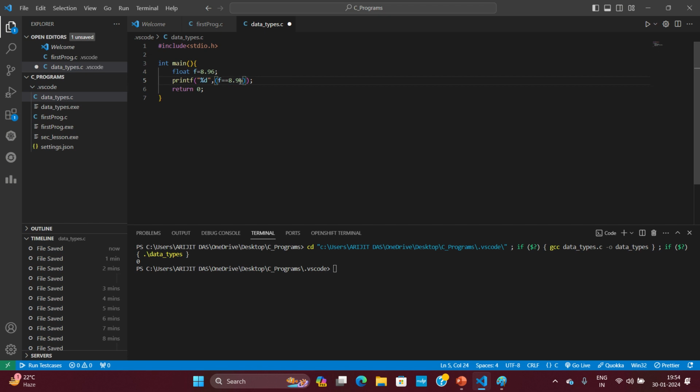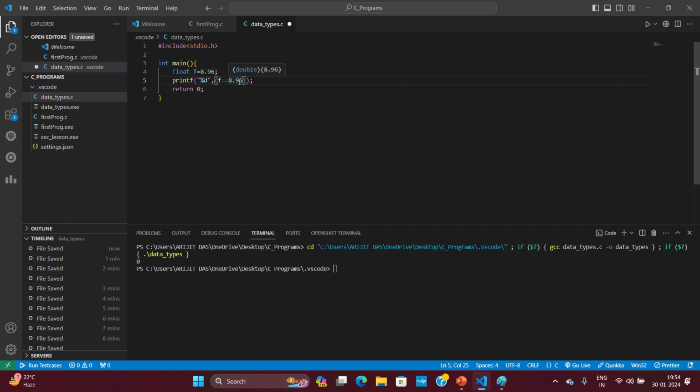If I compare two different data types, obviously the result will be false. If I compare integer with float, of course that will be false. So here I am comparing double with float. Sorry, to be precise, double with double only, but it is 8.96 some zero, and then I'm comparing it with 8.96,